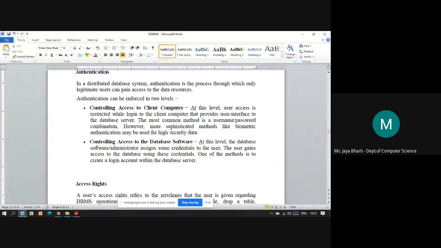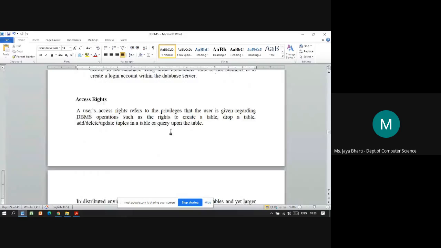Like in colleges, the teacher login is different, the admin login is different, and the student login is different, and at every level it provides the different functionality needed for that particular user. So authentication is one way using which we can control the database access.